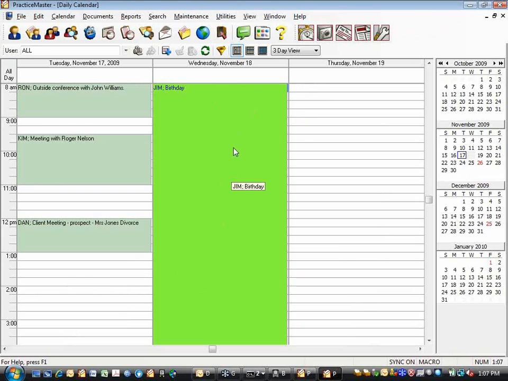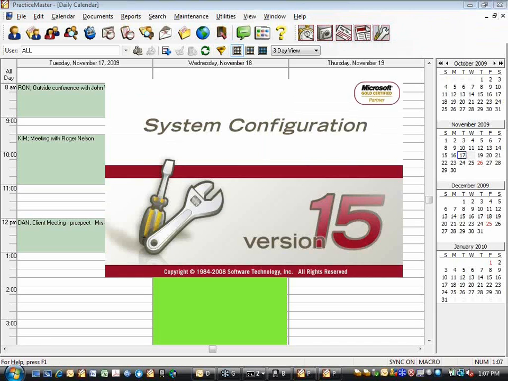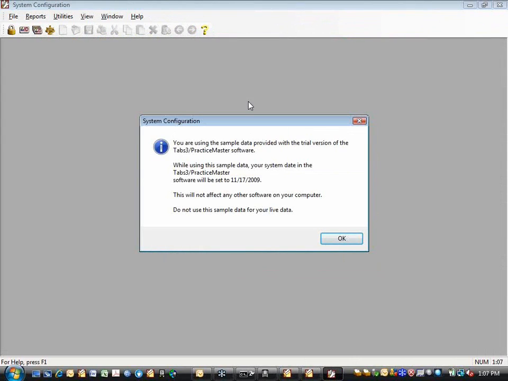So if I wanted to do it by user, if I view multiple people's calendars every day, it's not just mine, I'm seeing all, and I want to see every user have a different color, I can go in and set that up in system configuration. And it's under each user. So I'm going to go ahead and click on System Configuration. I'm going to come into the user